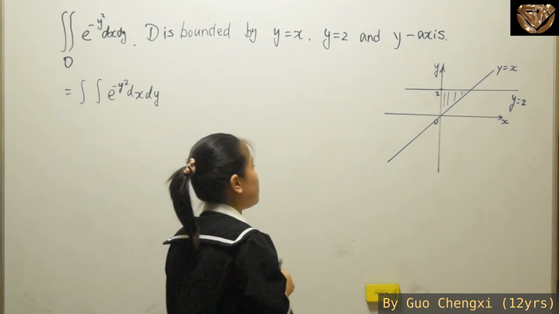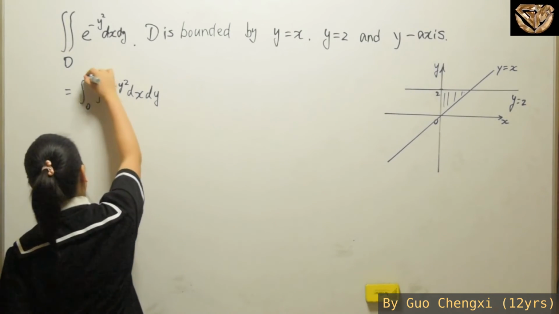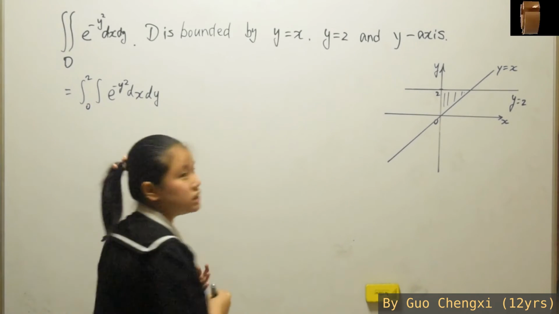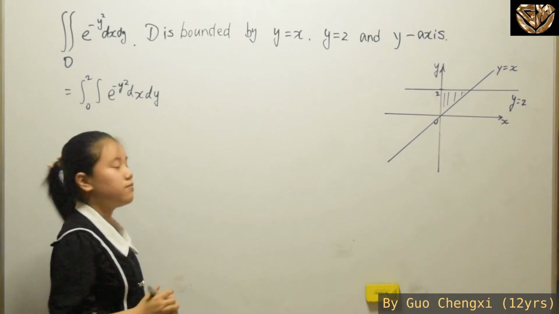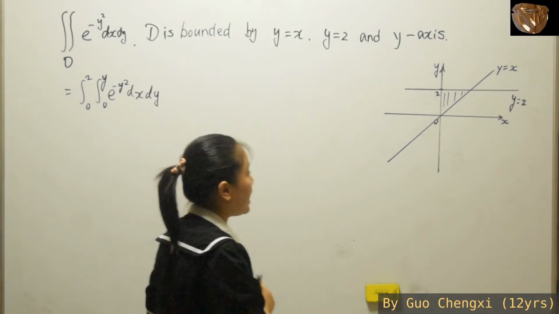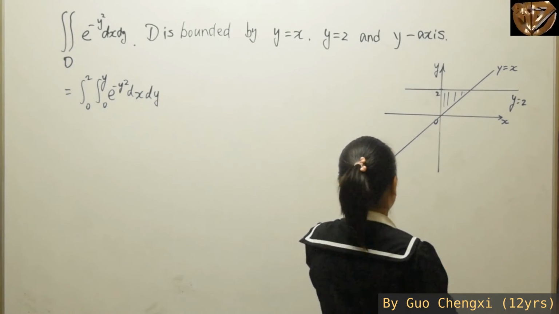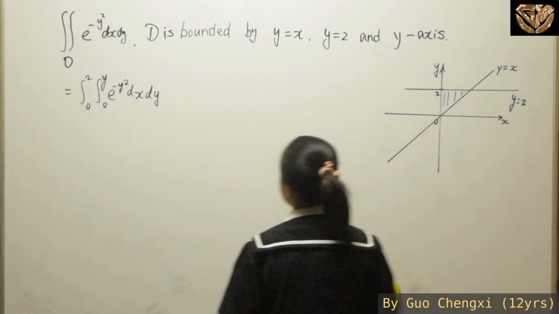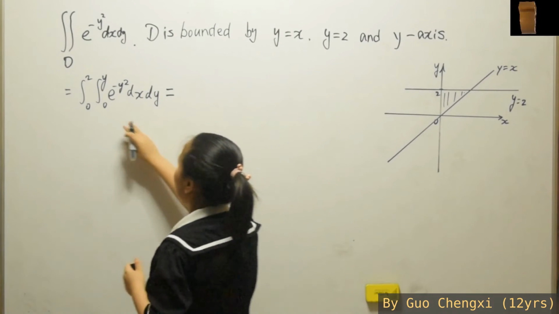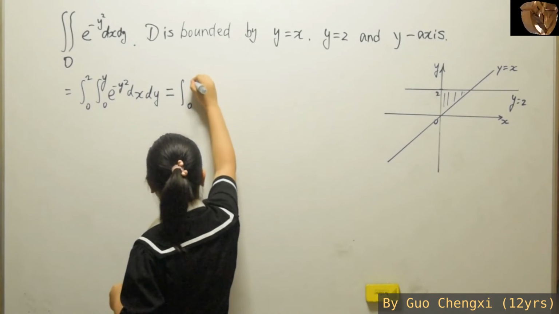first. So if it's integrating with respect to x first, so the y is obviously 0 to 2, then what about the x? So the x over here is 0 to y, right? Yes. So here for our x it will be from 0 to y, while for y it will be from 0 to 2 as shown in the graph over here. Now that we have gotten this part, we can already integrate for dx, which we are going to get